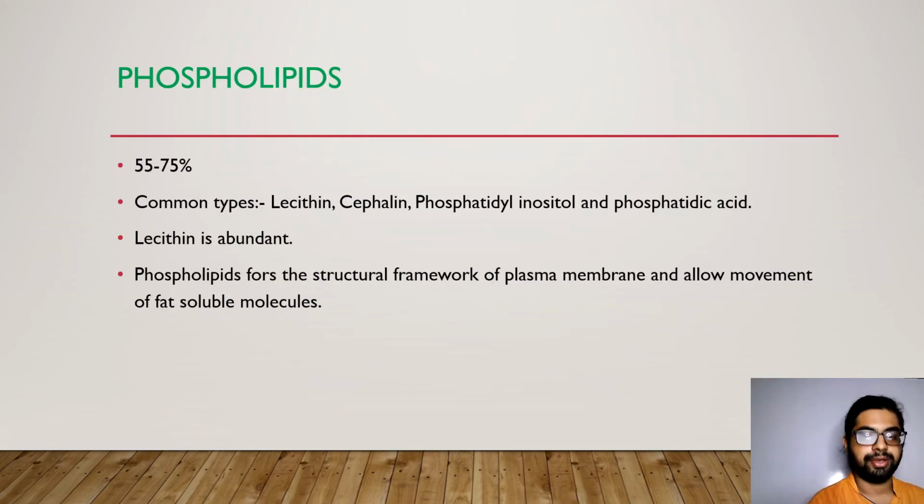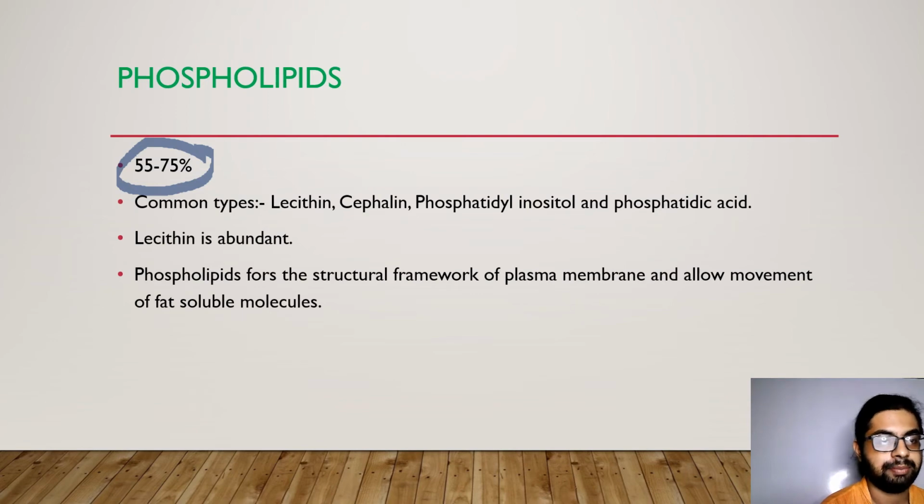Now phospholipids. Phospholipids account for 55 to 75% of the total lipids in the plasma membrane. This is very important. Common types I have mentioned are lecithin, cephalin, phosphatidyl inositol, and phosphatidic acid. So these are some of the common types of phospholipids, but